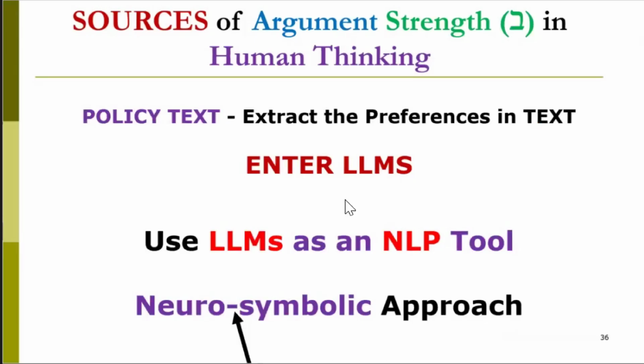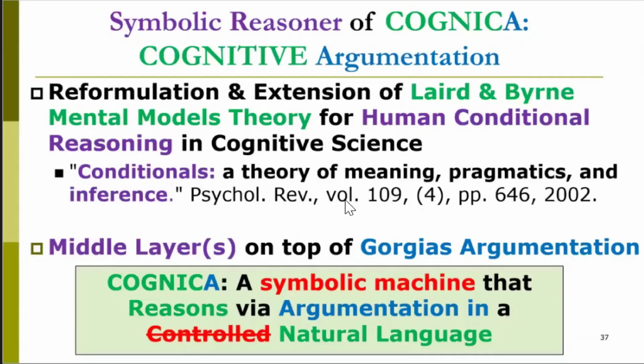So instead of letting the LLMs do the reasoning, use them for what they're good at, which is handling language, and use them as an NLP tool, taking a neuro-symbolic approach with a hyphen. Do you know what's the difference between hyphen here and no hyphen? This is a loose coupling, okay? So this integrates with a symbolic reasoner, whereas without this, you're trying to, in the neural architecture, reproduce the symbolic reasoner, okay? So that is a difficult problem. We're doing this very simple thing to put things together. Okay. And to put these things together,